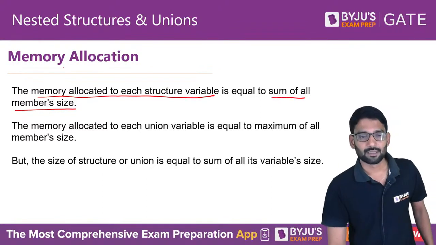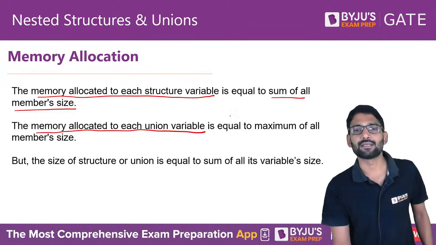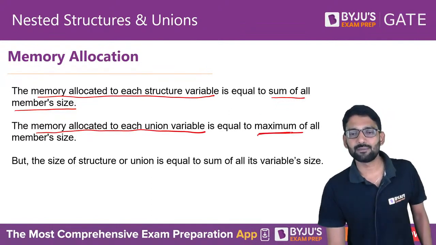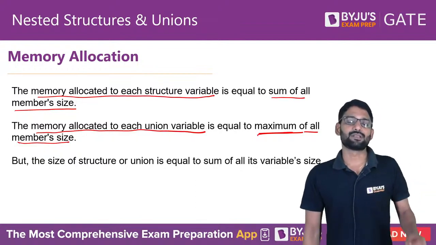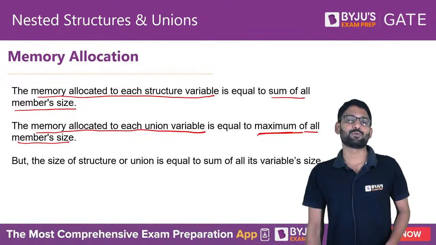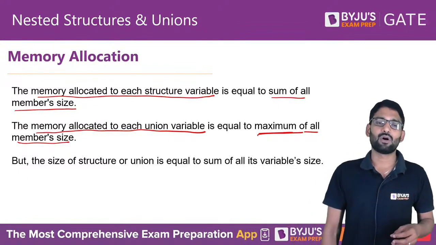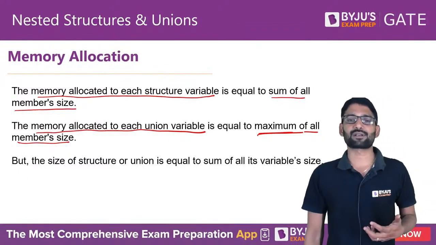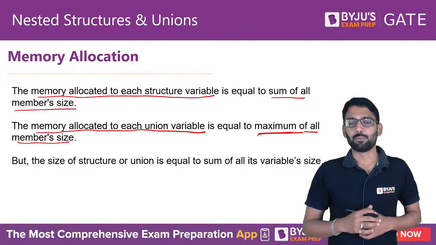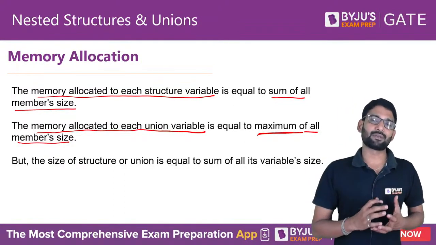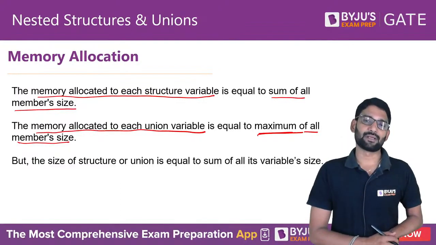But the memory allocated to each union variable is equal to the maximum of all its members' size. So this is the biggest difference we can say between a structure and a union. All the members of the structure will have their own memory space, but all the members of a union share the common memory space,